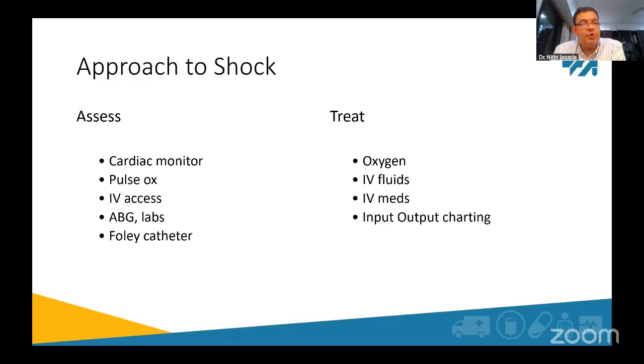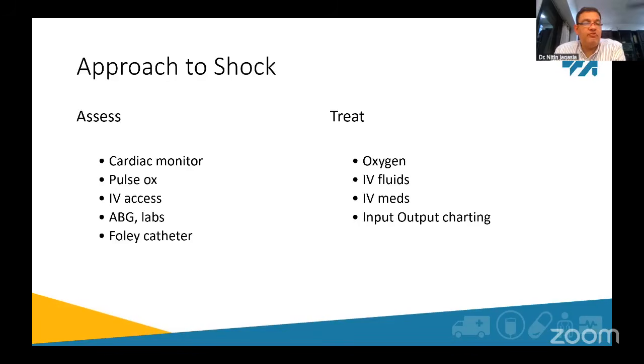And then the important part of the fluids again is to reassess. So if you had a blood pressure or a MAP reading before you gave the fluids versus after you gave the 500 ml bolus, you'd see how they respond. We will talk more about blood products shortly, but about crystalloids, you would give 500 mils, reassess, BP is still hypotensive, they're still tachycardic, you'd give another 500 and then another 500.